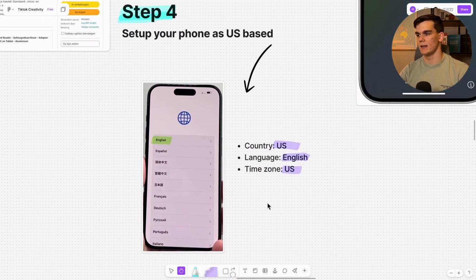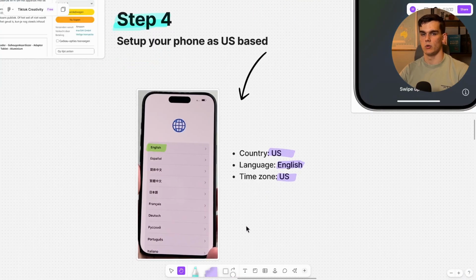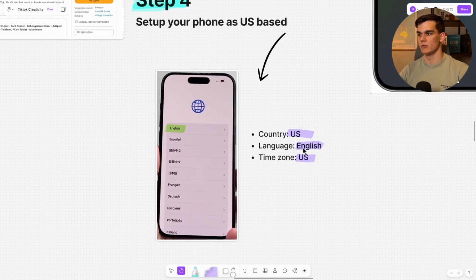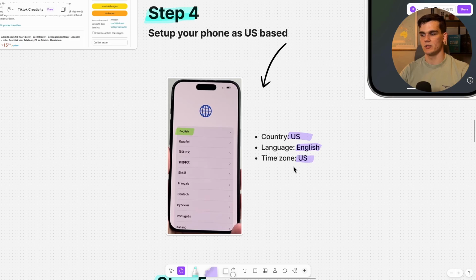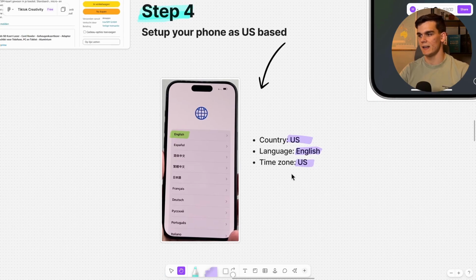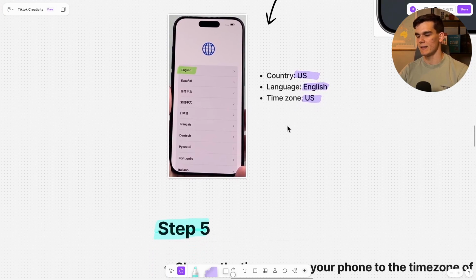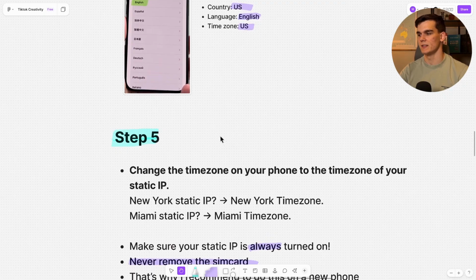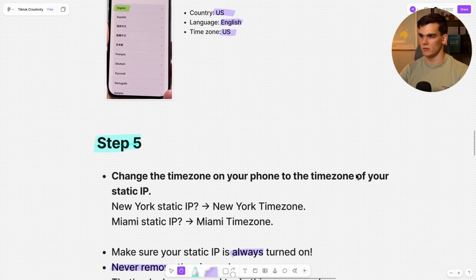So go through the setup process, obviously country US, language English, also set the time zone to US, also choose the imperial system over the metric system, set everything as if you're from the US, right? Then step 5 is you want to change the time zone of your phone to the time zone of your